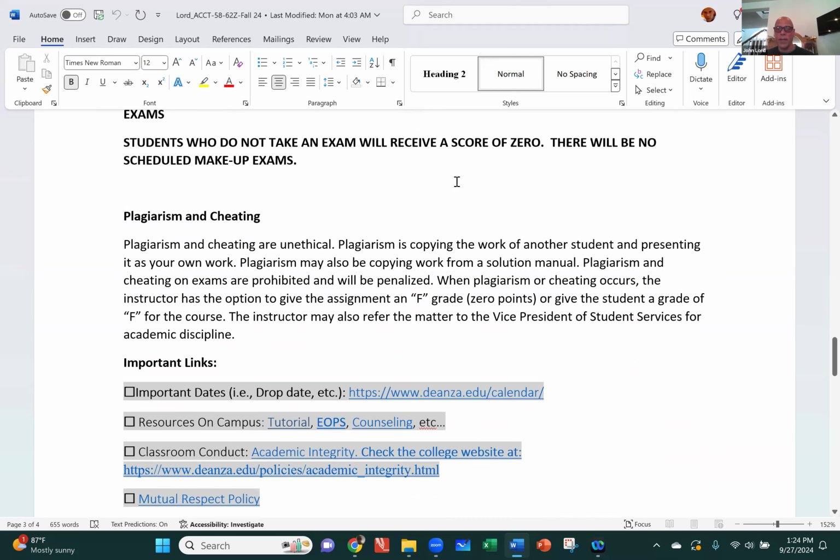I don't know why that happens. I have the exam dates, and I have them in red on the syllabus. I'm going to show you those. We already looked at the dates, but I'm going to show you where they're called out on the syllabus. You must take the exam during that time. I'm not going to allow makeup exams. I get students who say they forgot to take the exam. I think I'm a pretty fair teacher for you, but if you miss the exam, that's not going to be good.